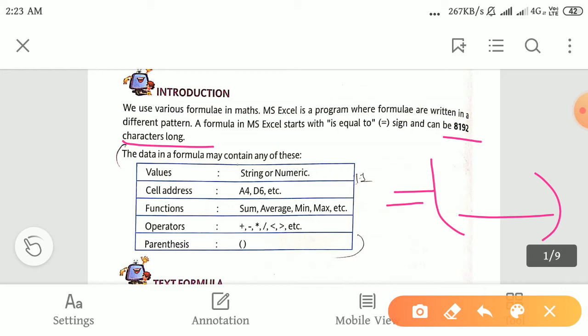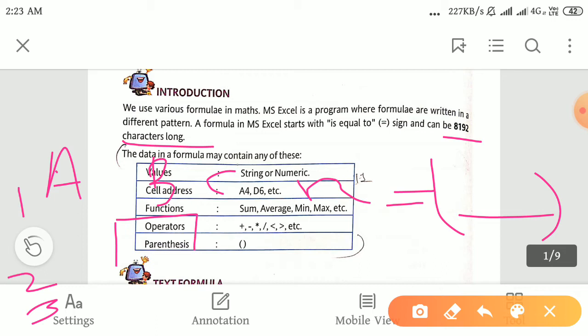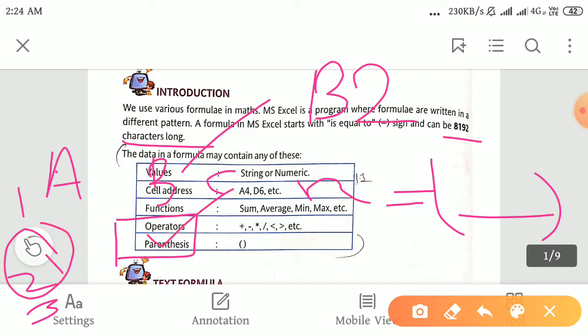Why? Because if you remember in the previous chapter when we were learning about your columns as well as your rows, we were having columns like A, B, C, D, and all those things, right? And rows we were having 1, 2, 3, and these were the rows, right? So if we want to address a particular cell, likewise this cell, then firstly we will write down the column, that is B, and then afterwards we will just add on the row number, it means 2. So this cell is particularly B2, right? Both are not the numbers, so we just named it as characters. So you can write down 8192 characters at a single time. Okay, this is the limit.